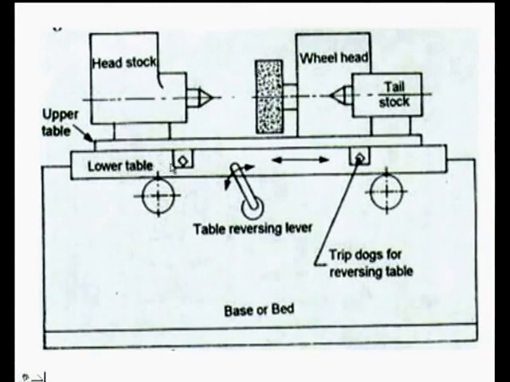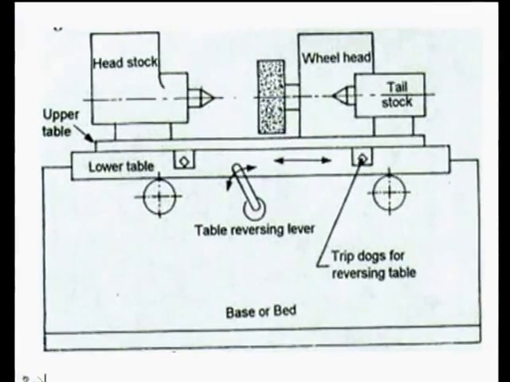Here in this lower table, this wheel head is on the lower table and it moves towards and away from the upper table, at 90 degrees to the bed, 90 degrees to the upper table, so that the feeding can be given. So, here this tool can be given this longitudinal movement, that is traverse action, and cross feed also can be given towards and away from the tailstock, that is in 90 degrees. So, this is about the basic principle or operation of this particular plain type cylindrical grinding machine.